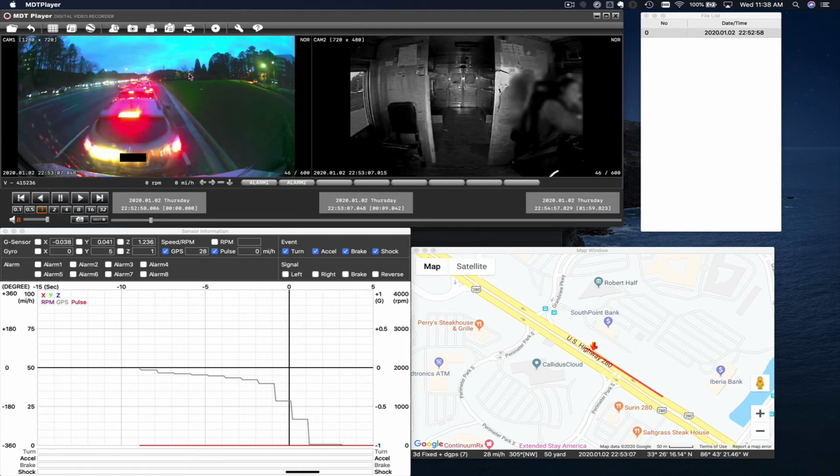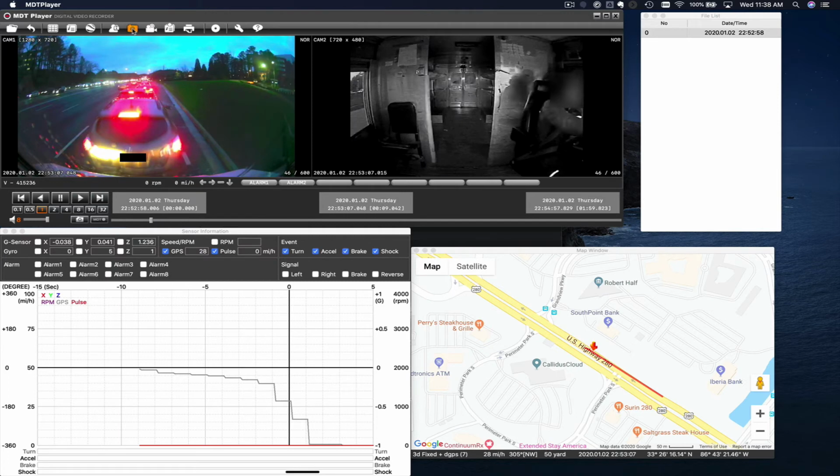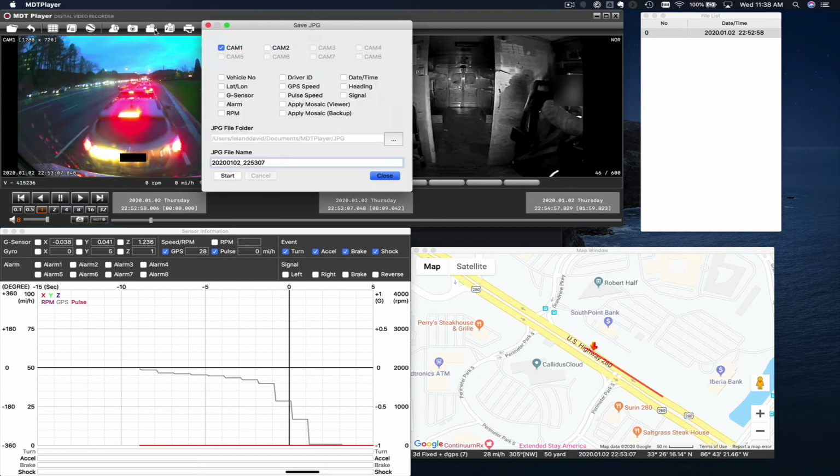And lastly, there are some different options that you can do up here. So this mosaic setting is not really applicable for us. Okay, the next icon up here is the snapshot. Let's say I wanted to take a snapshot of this exact moment. I can go ahead and click on this icon here and say, here I want to have both of the